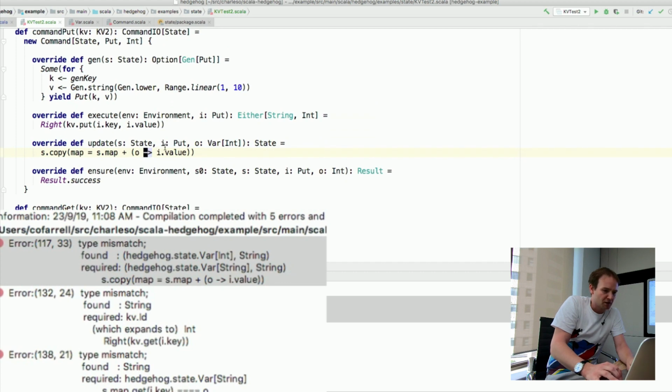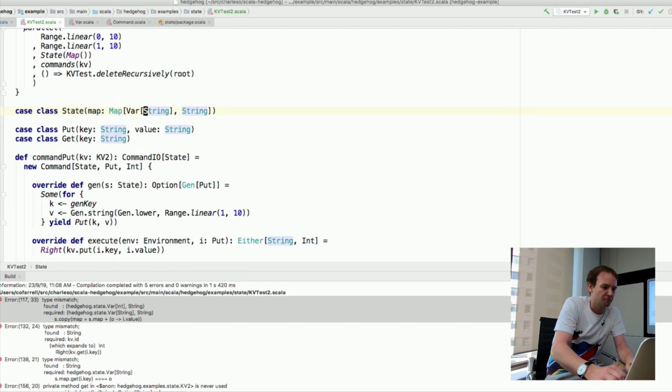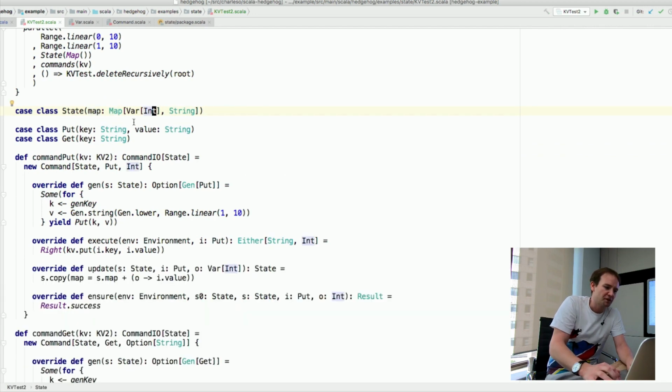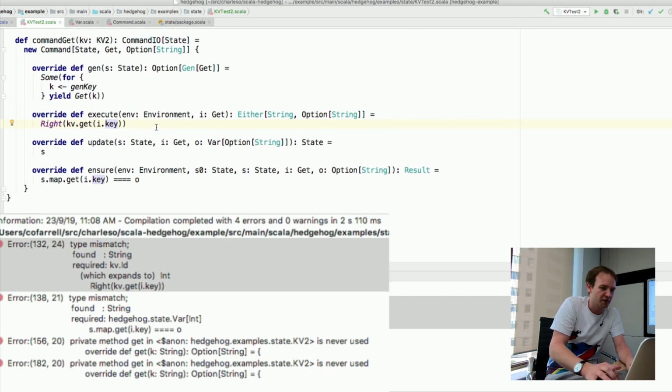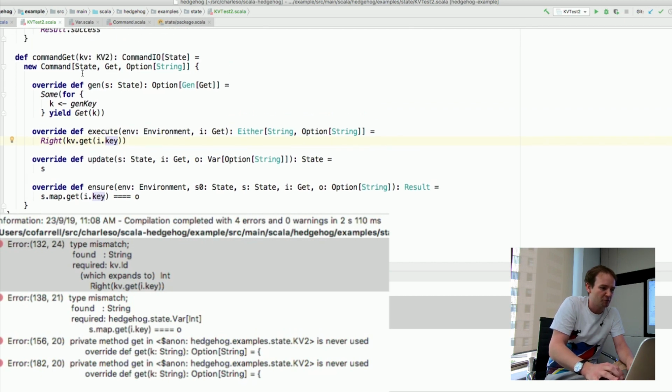Oh yeah, sorry. That's what you were saying, wasn't it? Okay, sorry. Var int. Yep. Right. Does that make sense? So we don't actually have an int. We have a lookup to an int at some point. So it's like a stub or something like a non-concrete value. Okay, so now we're in get. The key here is